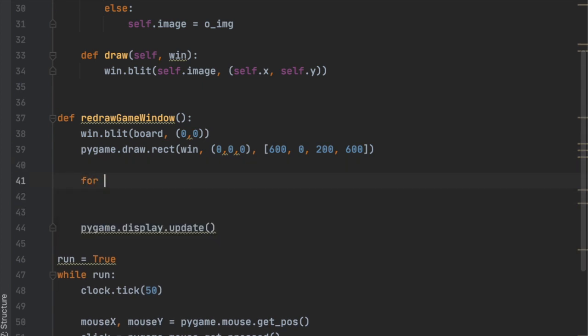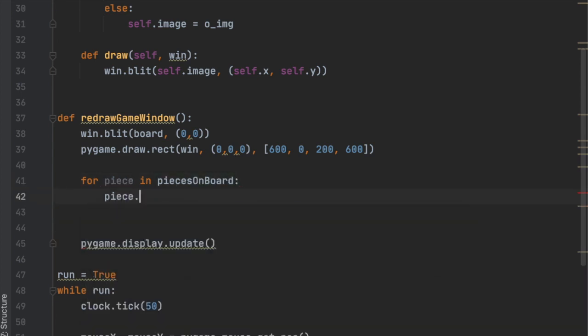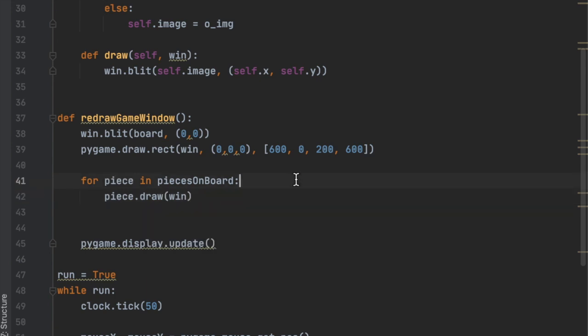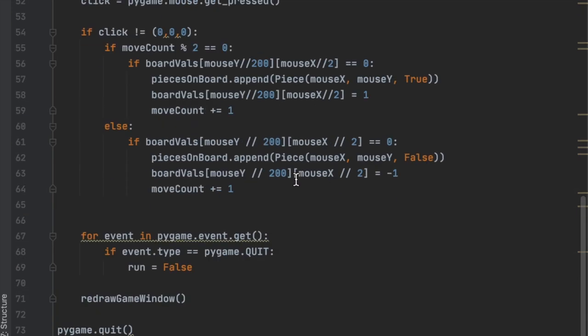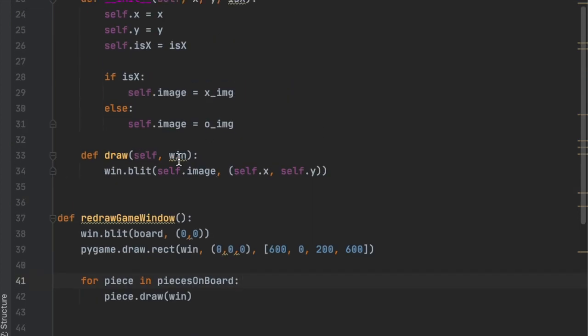Okay, so we're going to say for piece in pieces on board, we're just going to say piece.draw. Now this is almost complete, but the only addition we have to do is, since the user can press anywhere in a square, if this is all one square, and the user presses right here, for example, when the top left corner is right there, we don't want the top left corner of the picture to be down here. We want to move it up to where it's going to be either at like 0, 0 or like 200, 0. So we want it to be organized. So in the draw function, we're actually going to,